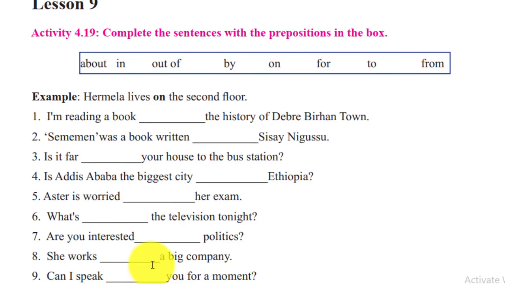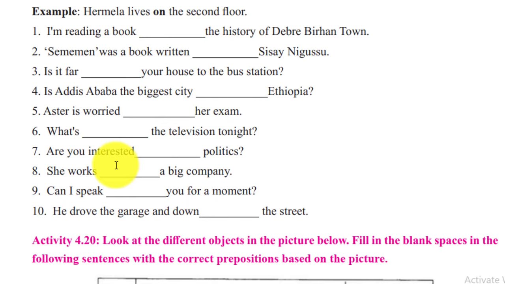number 8 she works blank a big company ይላል። she works ስለዚህ ስምንተኛ ምን ይሆናል she works blank a big company የሚለው for a big company ነው። ለቢግ ካምፓኒው እንደምሰራ ነው for የሚለው appropriate ይሆናል for በተለይ የዚህ የካምፓኒው አባል መሆኗን ለማሳየት የምንጠቀምበት ነው። number 9 can I speak blank you for a moment ይለናል። ስለዚህ can I speak to የሚለው preposition is appropriate can I speak to.